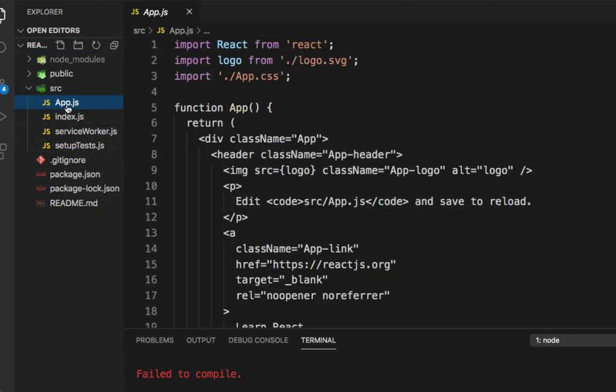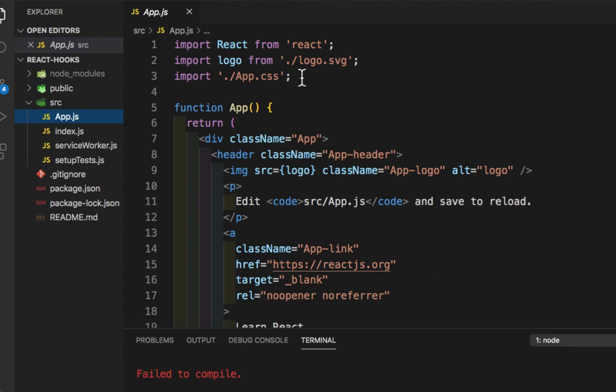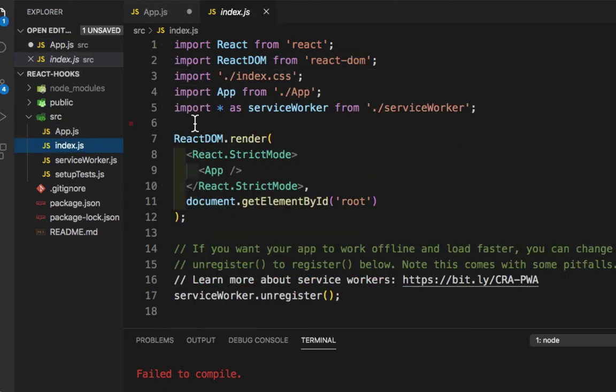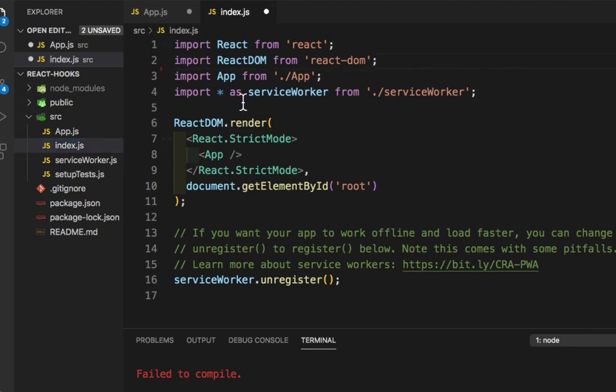Now we need to go to App.js and we need to remove the imports of the files which we have deleted. So here I'll remove the import, and in index.js we have removed the import of index.css. Let's save this, and we have removed the logo as well.